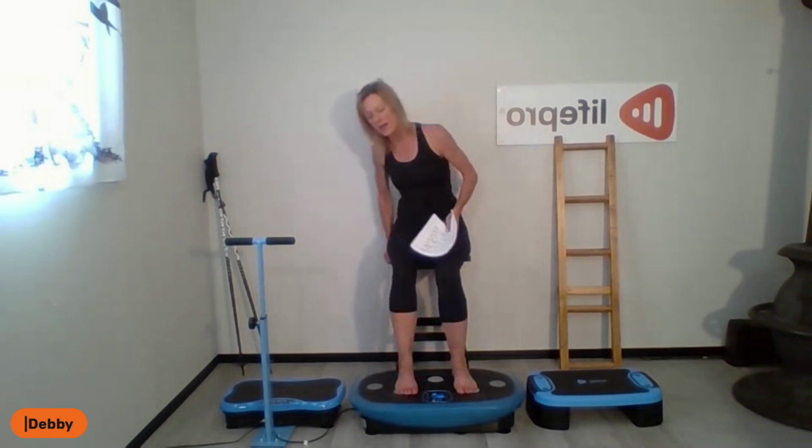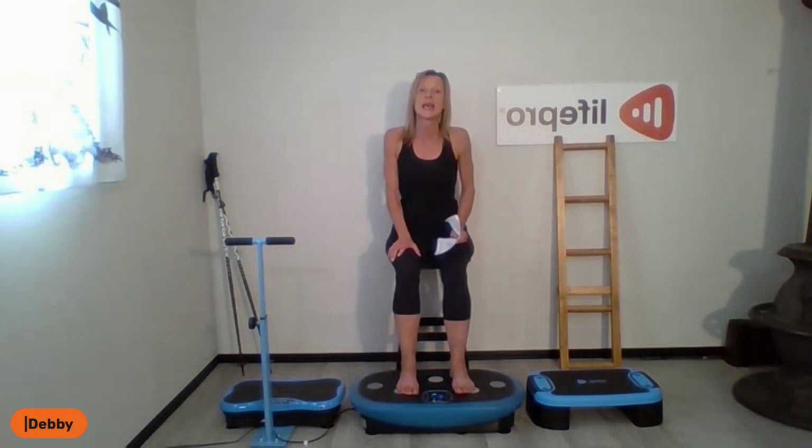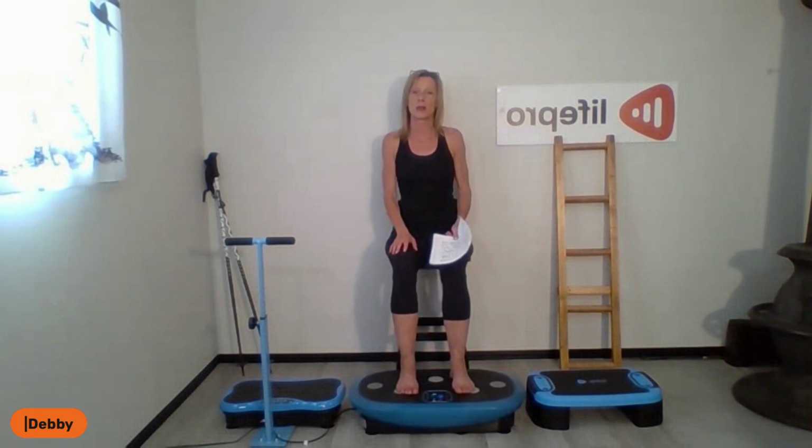And the wider you stand, not only the more intense is the movement because you're moving further, but it's more wobbly, it's more destabilizing. So when we get to standing positions, I don't want you any further than hip width apart. One of the things I mentioned earlier that contributes to poor balance and mobility is a lack of flexibility